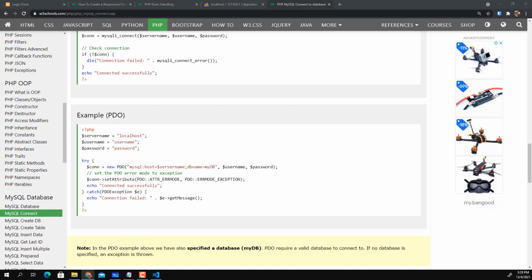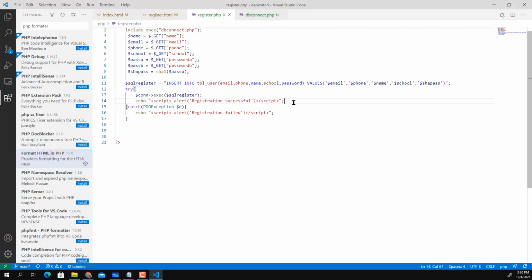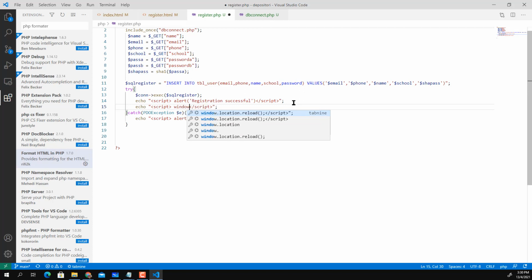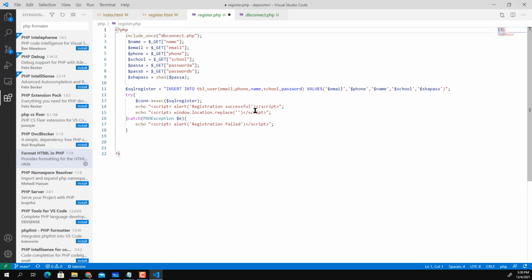We can just use another JavaScript that allows us to go back. So if registration is success, we can just go to the login. Okay, we can just go to the login through the use of window.location.replace. We want to go to the HTML